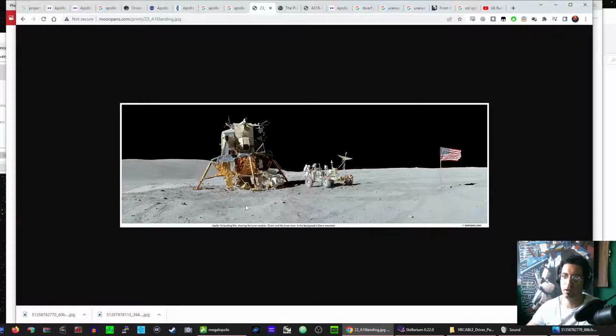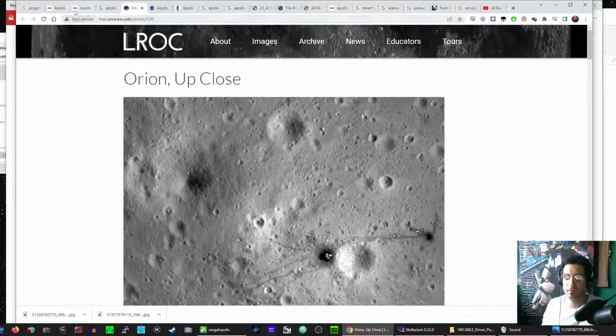In higher resolution, to see if we could see any evidence of a blast crater. I'm sure they took multiple photos from different angles, and that is what we're going to explore. But real quick, we're also going to touch upon these